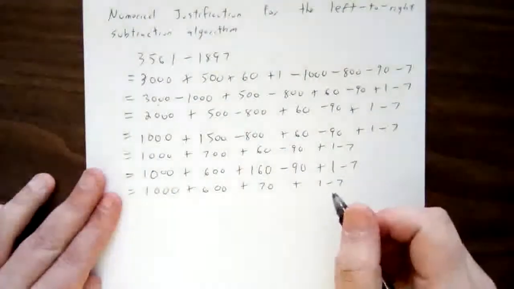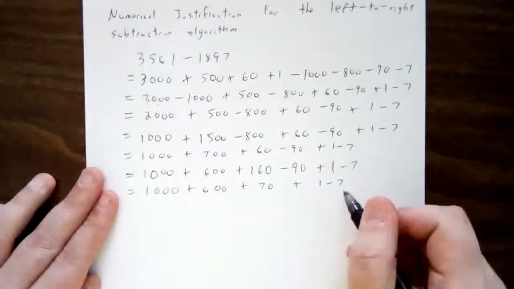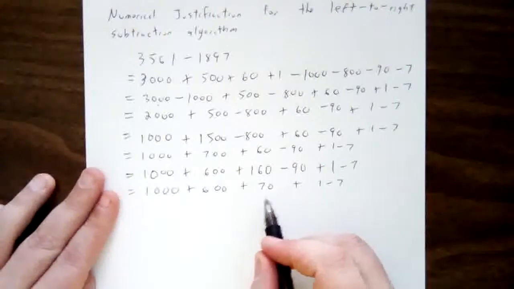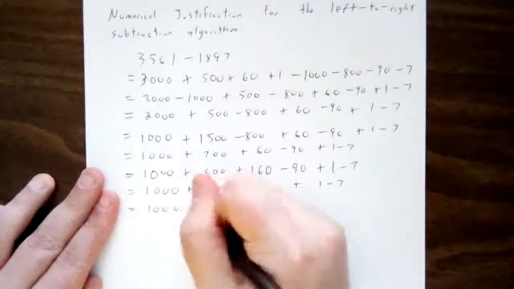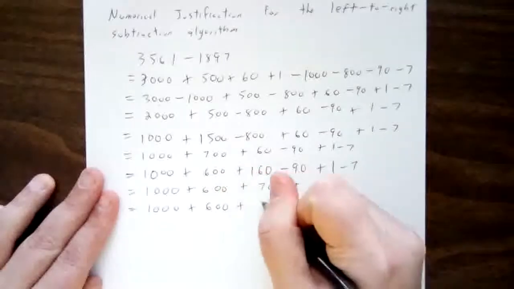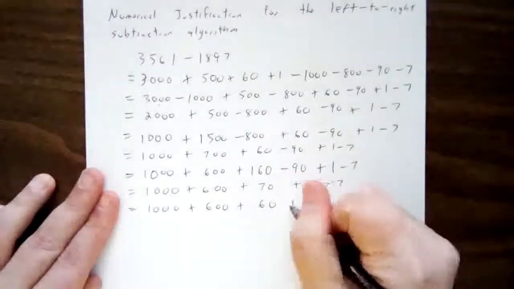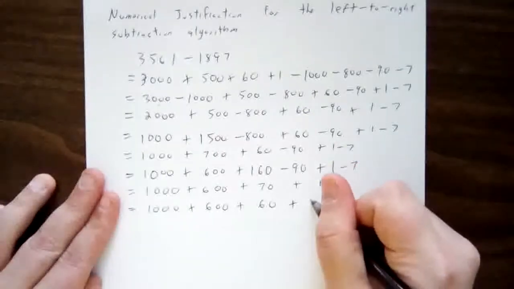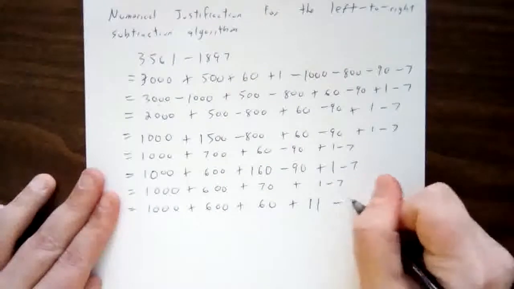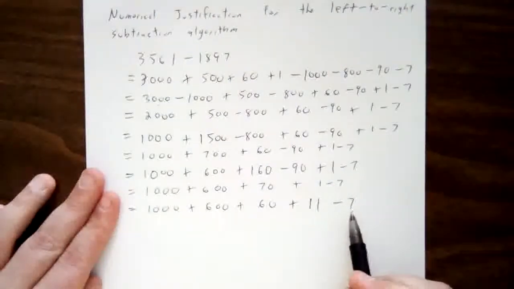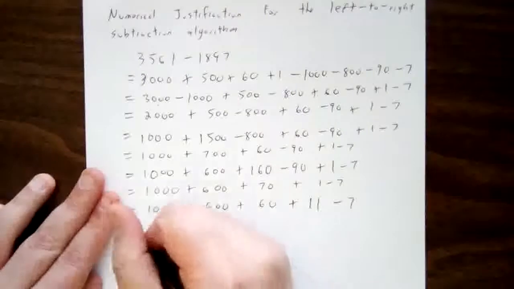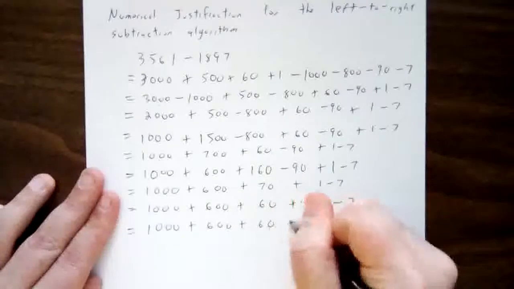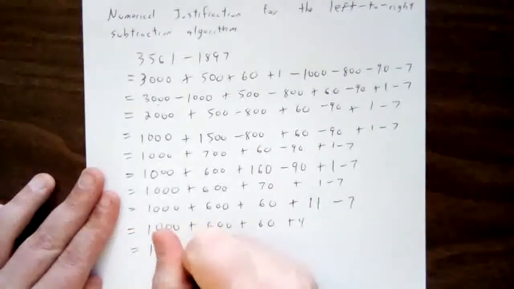The last step was for us to look at the ones place, and 1 minus 7 again I wasn't able to do. So I looked at my difference in the tens place, the 7 tens that I had, and I took one of those tens away. I borrowed from it, from my difference, and I've moved that extra 10 into the ones place. So instead of having 1 one, I have 10 and 1, I have 11 ones. And now I need to remove from those 11 ones, 7 ones, leaving me 4 ones left behind, or giving me my final answer of